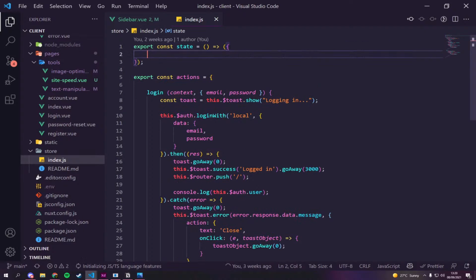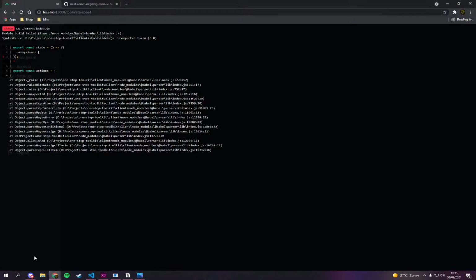And in state, we can finally make use of this. We can create a, what do we call it? Do we call it menu, navigation, sidebar items? Let's call it navigation items. Let's call it navigation. It's going to be an array of, let me just go to this quickly. Yep, I knew that was going to error.